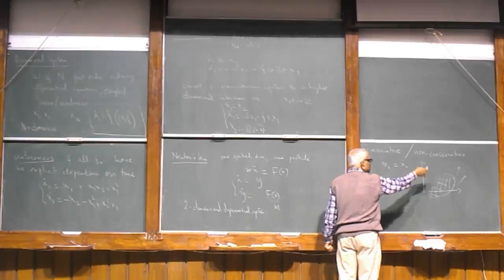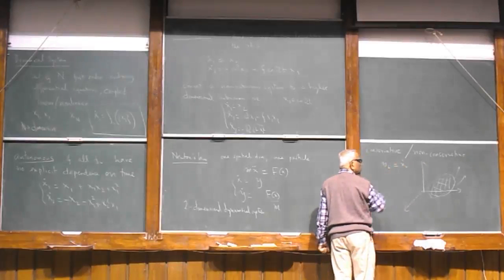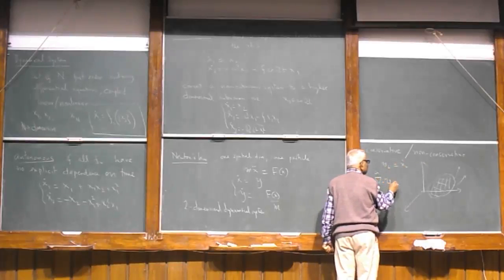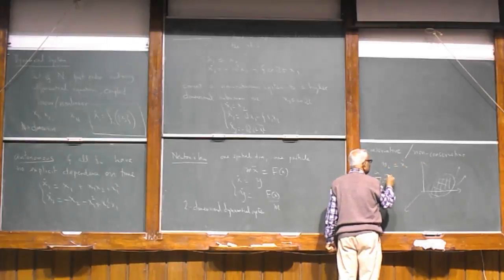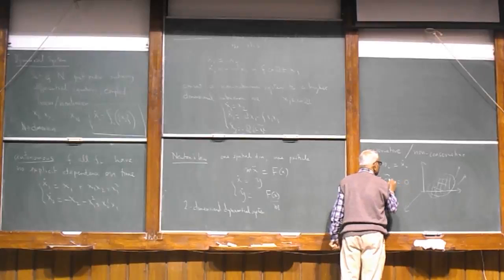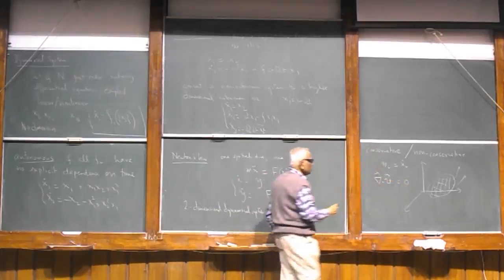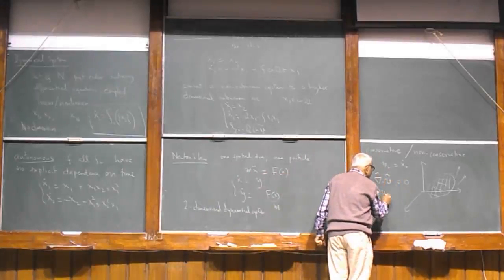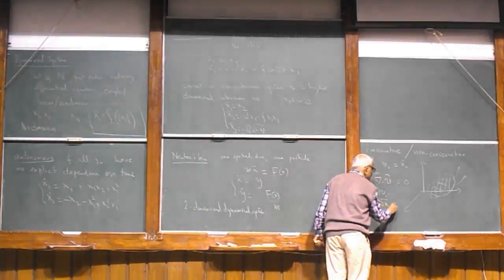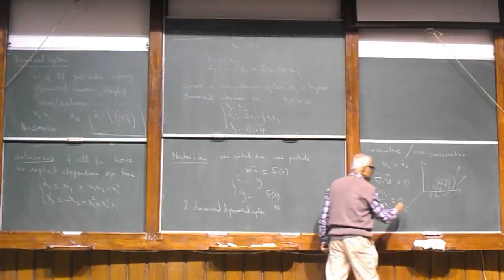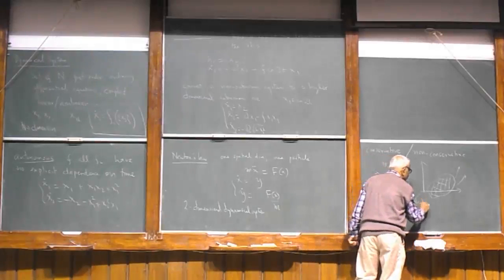So this volume is going to be preserved. So the flux is going to be 0, which means that the divergence of V vector is going to be equal to 0. So divergence V, so del Vi del Xi equal to 0 identically